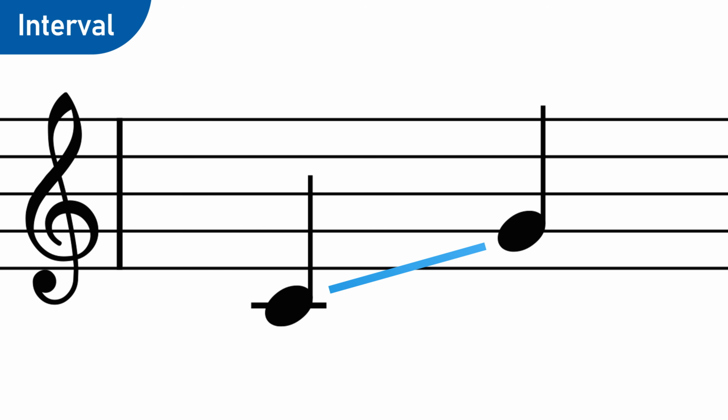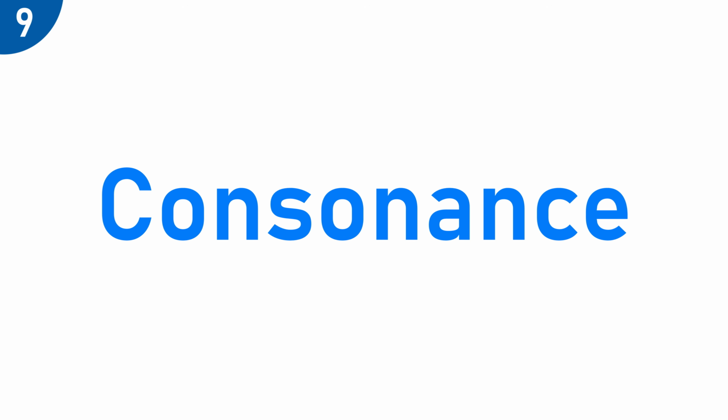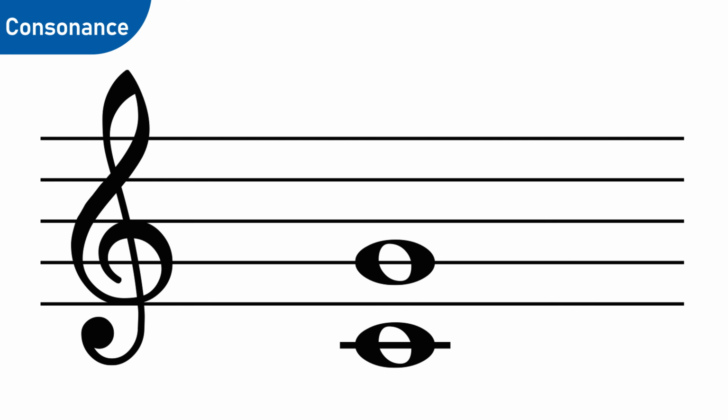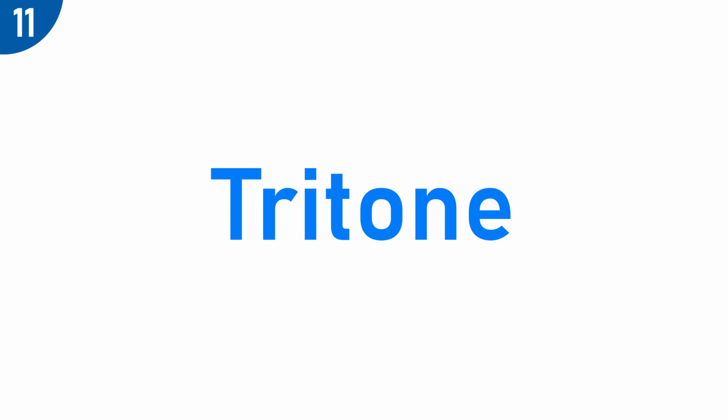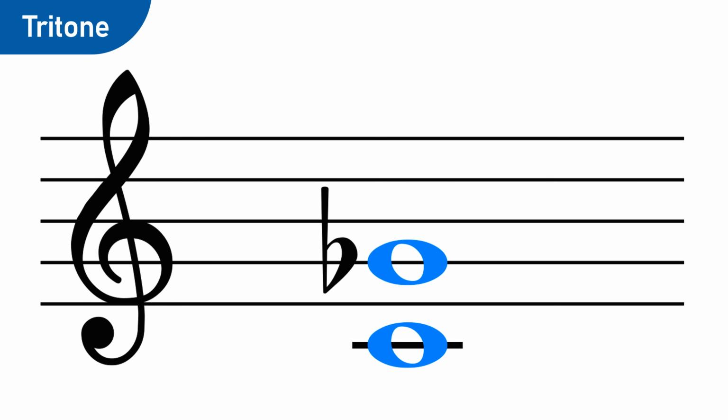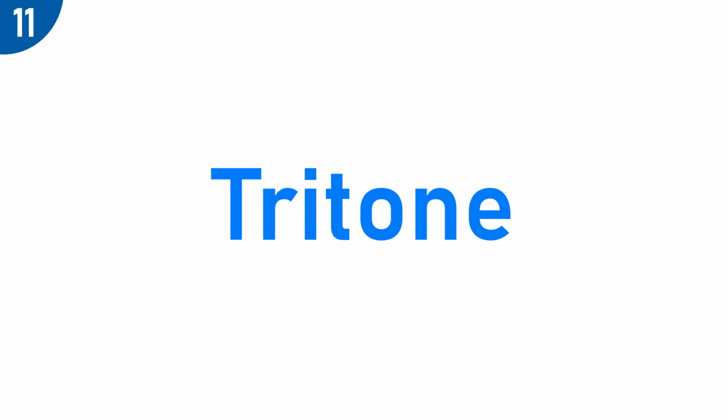Different intervals have different levels of consonance and dissonance. If an interval is consonant, like the perfect fifth, it sounds harmonious to us. The 2 notes sort of marry together into this very pleasing sound. But if an interval is dissonant, like a tritone for example, the 2 notes clash together, making our ears yearn for a resolution. And if you're wondering, the reason that a tritone is called a tritone is because it's literally